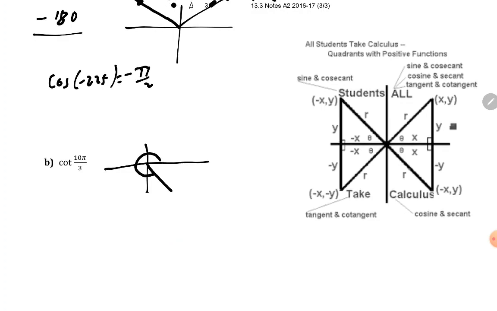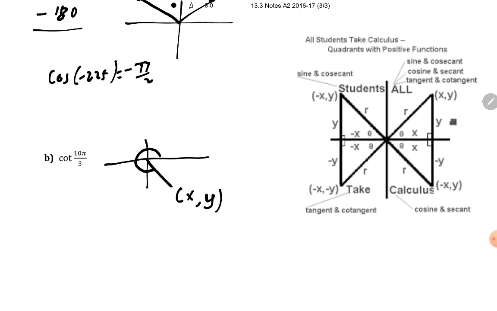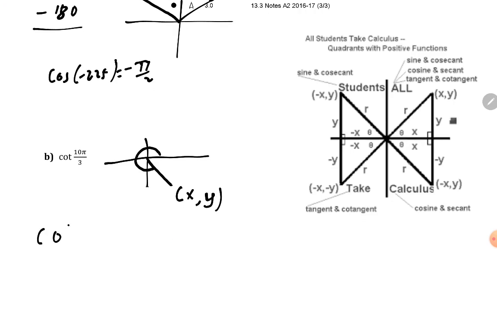So cotangent, remember, is adjacent over opposite. I'm looking for cotangent, which is adjacent, x over y. And if we look at our unit circle,